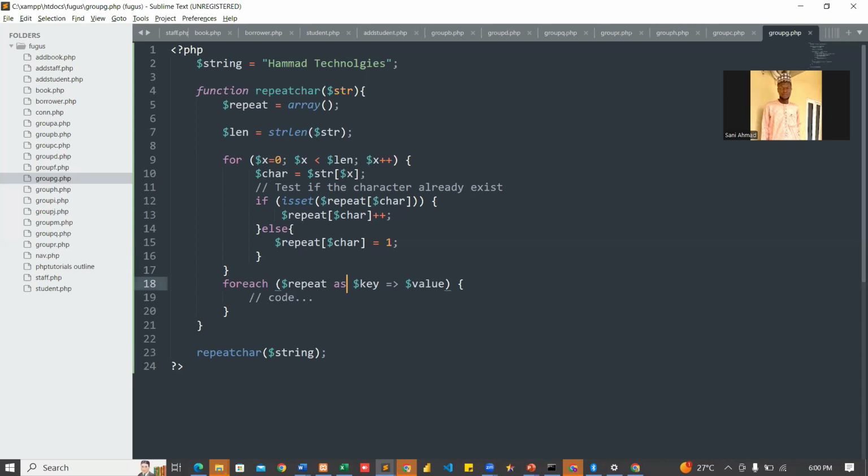Good. Then our key. What is our key? Our key is this char. Then our value, we can leave it as value or we can rename it as anything we want. So this one, I think we can leave it as key. Yeah, let's test it and see. So let's say if